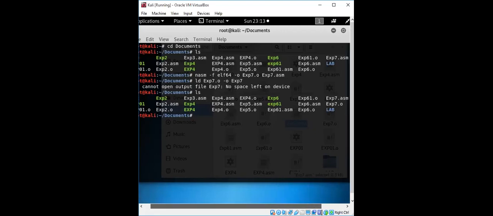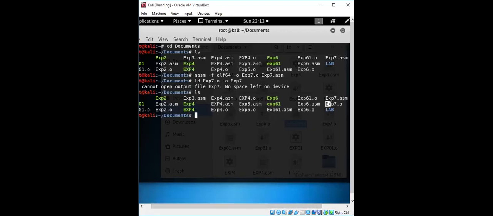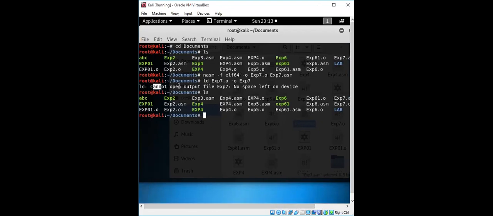So this object file has been created, but let me check. The output file says there is no space left on the device. You have taken enough buffer size.